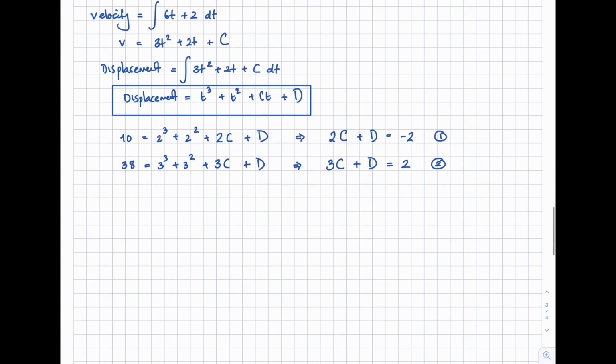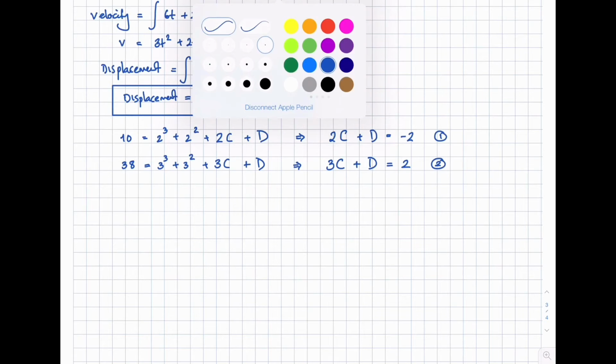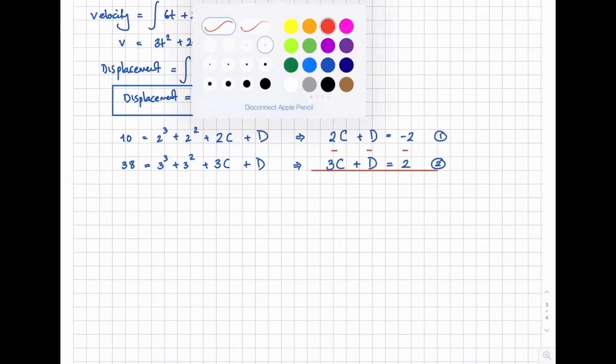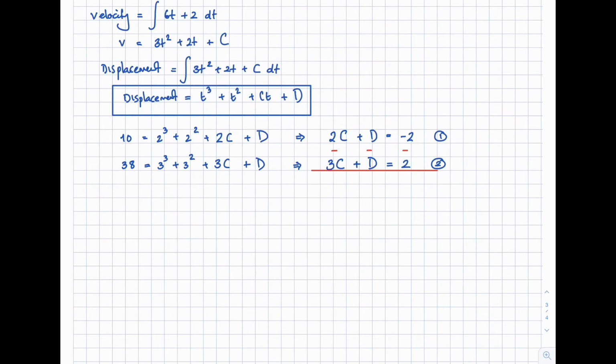I'm sure you should recognize this. This is basically two linear simultaneous equations. Coefficients of d are both the same, so we can start to solve this by subtracting, and by subtracting we end up with the following. So 3c minus 2c is c, d minus d is obviously nothing, 2 minus negative 2 is positive 4, so c is equal to 4,